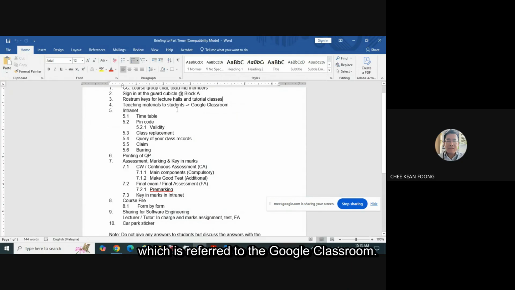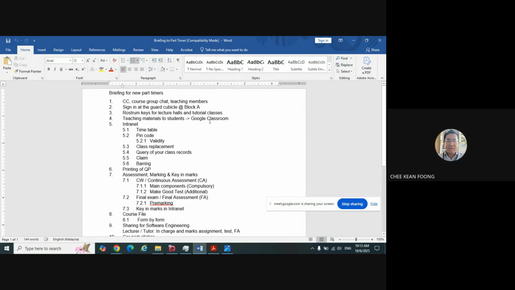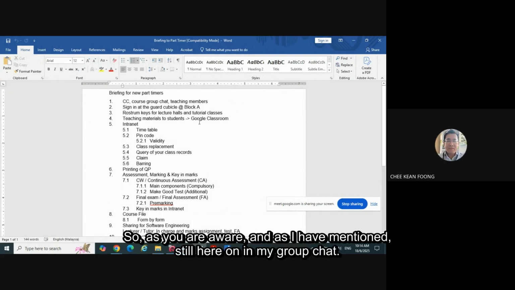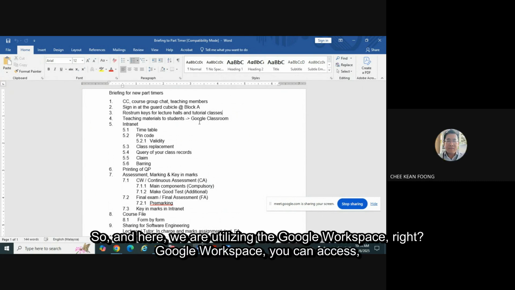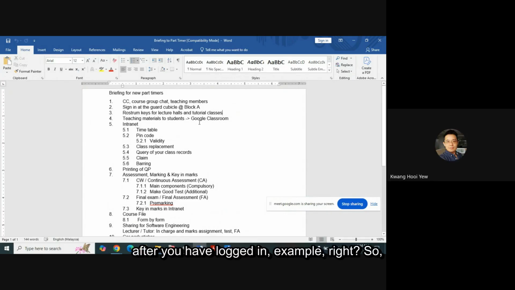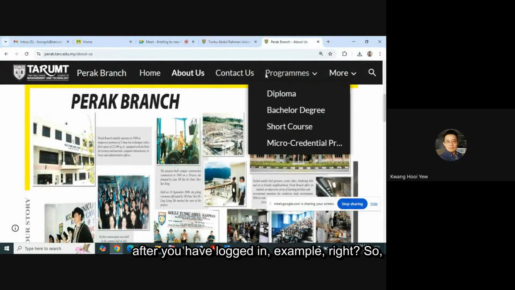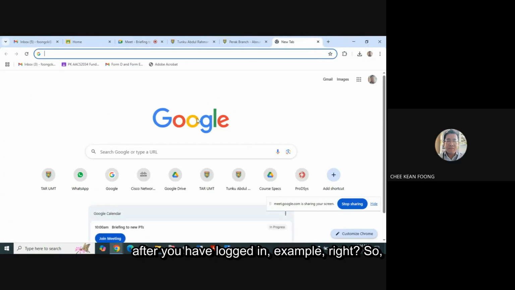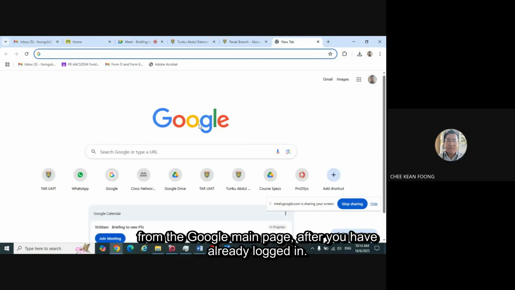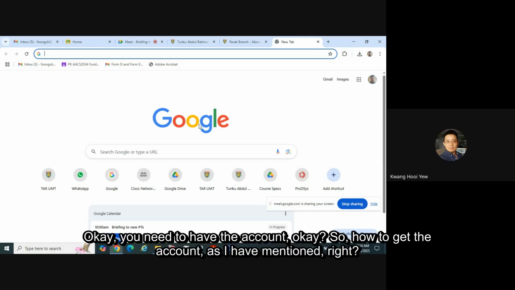which refers to the Google Classroom. So as you are aware, and as I have mentioned earlier in my group chat, here we are utilizing the Google Workspace, right? Google Workspace, you can access right after you have logged in. Example, okay, example, right? From the Google main page, after you have already logged in,